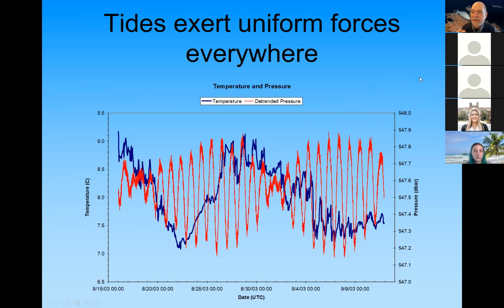But I wanted to emphasize this: the tidal energy, or the energy waves, these long planetary waves that we've identified in tides, that influence is not just at the surface of the ocean. It's not just what we see when the tide rises and falls on the coastline, but it's happening everywhere. And so the example that I'm giving here is, I deployed a CTD, a conductivity, temperature, and depth